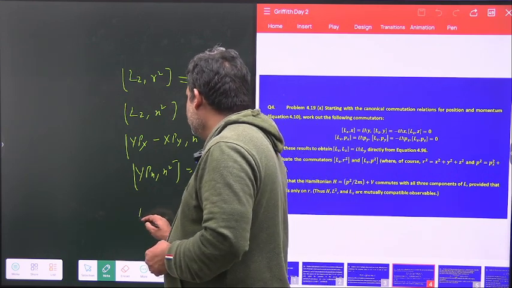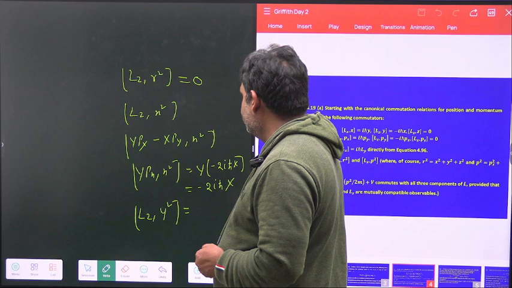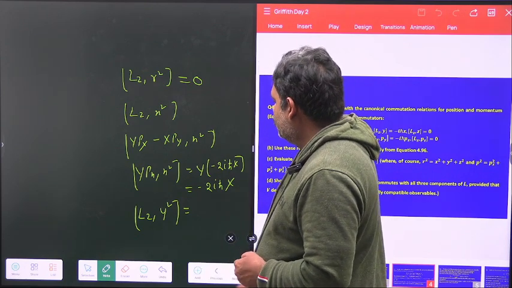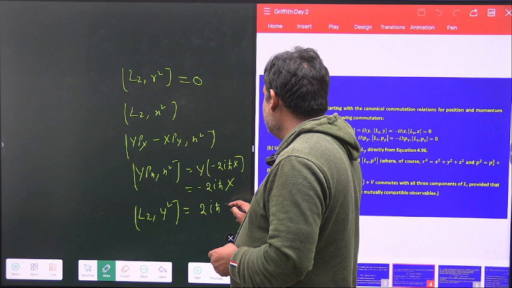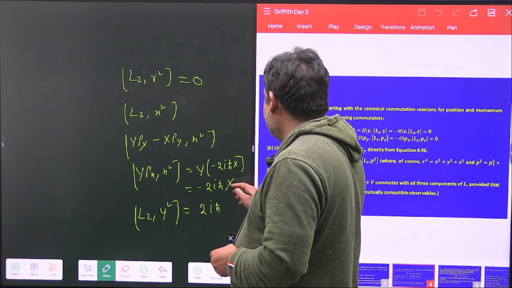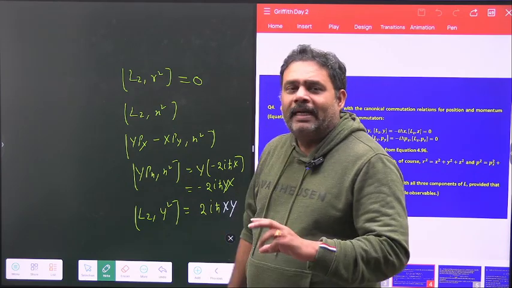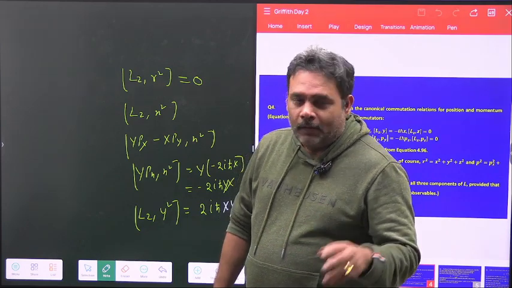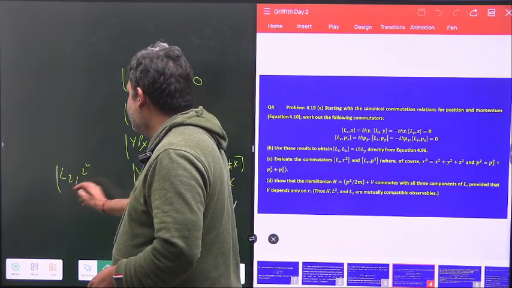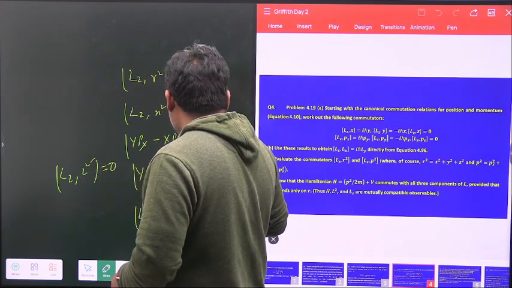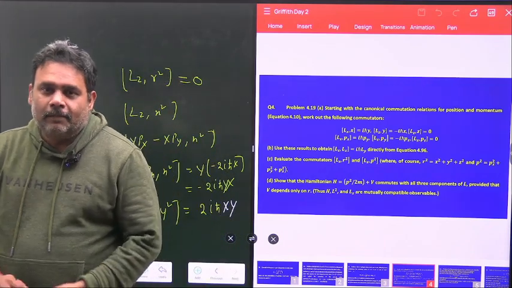And similarly, you have LZ y square will be, यहाँ से क्या मिलेगा? So that value will get you plus 2i h cut x and y and x, ठीक है? And again you will get x and y, but x, y and y x is commuting, so आप दोनों को लिख सकते हो. So when you are adding it, LZ z square will 100% be 0. दोनों को ऐड करोगे then this value is equal to 0. ठीक है? वहां से भी आप इजिली बात कर सकते हो.